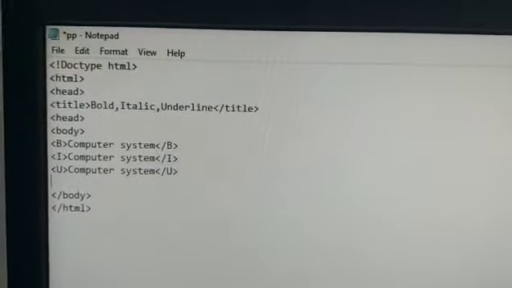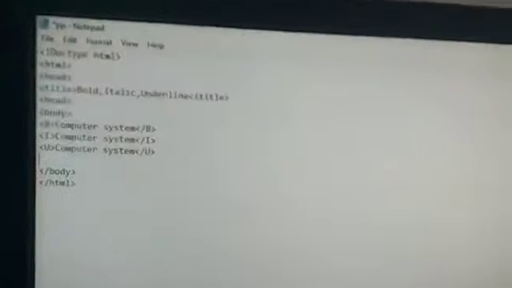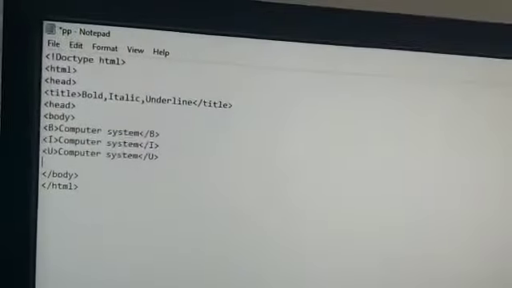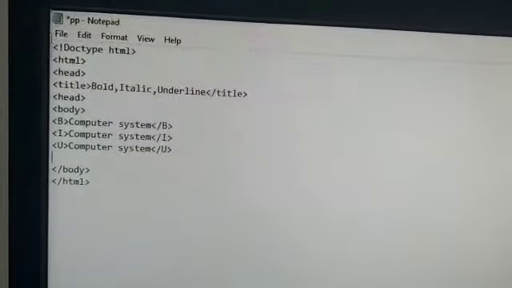So let's continue with bold, italic and underline the data. I will use the B tag, I tag and U tag for this. After that we will save it and then we will run it. So when we will save it,